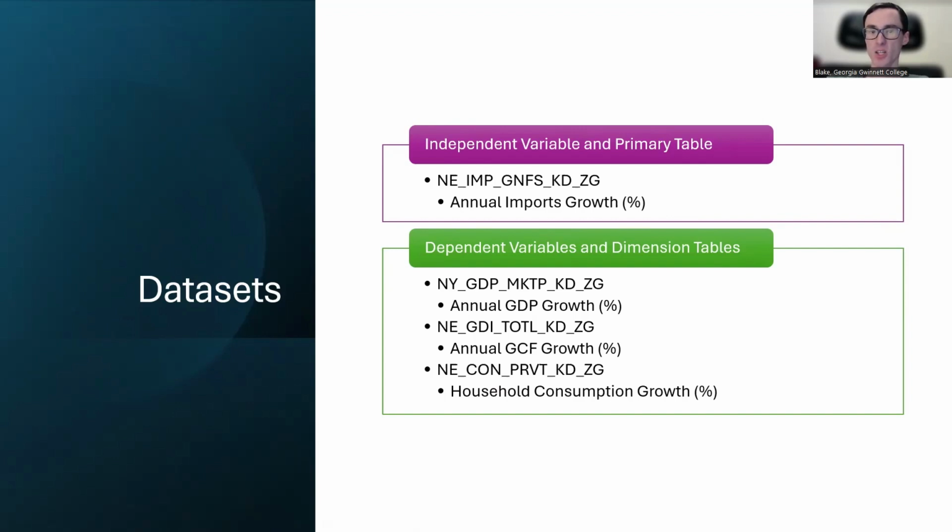The second dataset looks at the annual growth of gross capital formation, or GCF. That means that this dataset shows the percentage of how much countries invested in things like buildings, equipment, technology, and other resources. The third dataset looks at the annual growth of household consumption. In simple terms, this dataset shows the percentage of how much people and households increased or decreased their spending each year. In other words, if these three dependent variables increase, then this means that the economy is most likely